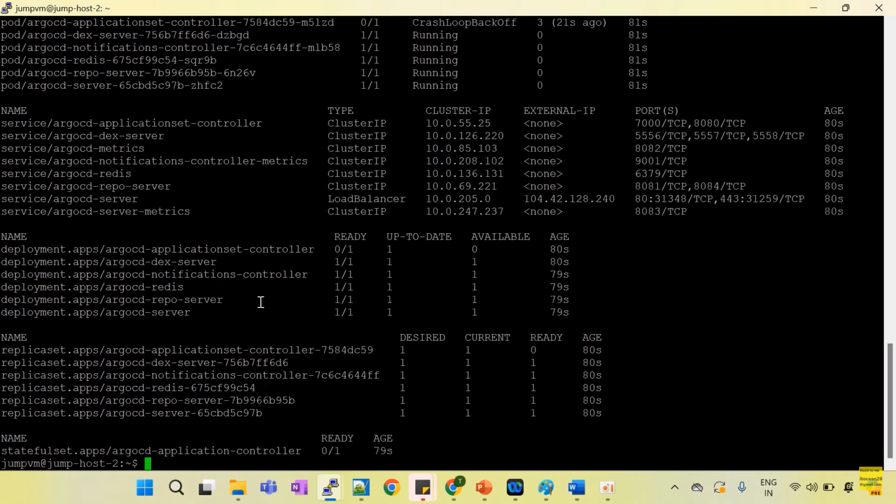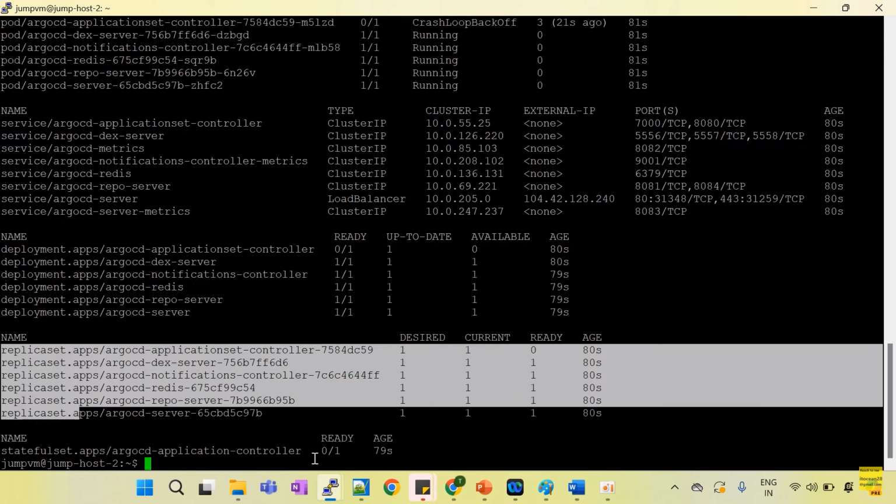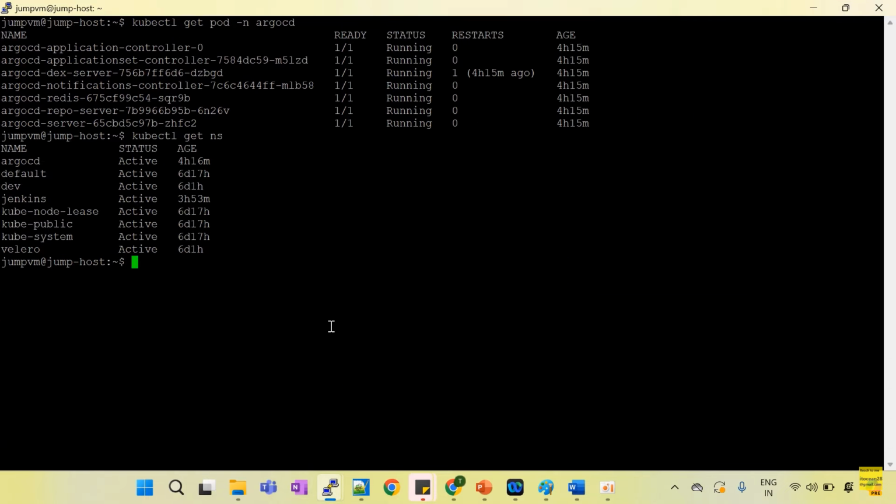Kubectl get all. So you have restored all the services, all the deployments. They have 5 deployments, so they have 5 replica sets, and this is the stateful set. Okay, so you can also validate from here. This is cluster number 2. So if you see kubectl get all,